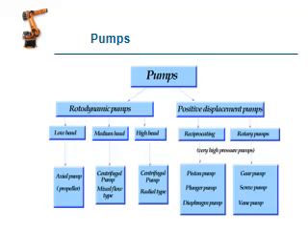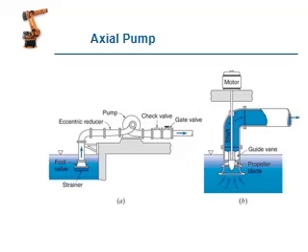Okay, there are several types of pumps available. Based on the working principle, we have separated pumps into several types, like rotodynamic pumps and positive displacement pumps. So lower head, medium head, higher head. Based on our pressure requirement, we may choose the axial pump or centrifugal pump. Then here it shows the reciprocating motion pump and rotary motion pump. There are piston pump, plunger pump, diaphragm pump. Next, gear pump, screw pump, and vane pump are under rotary pumps.